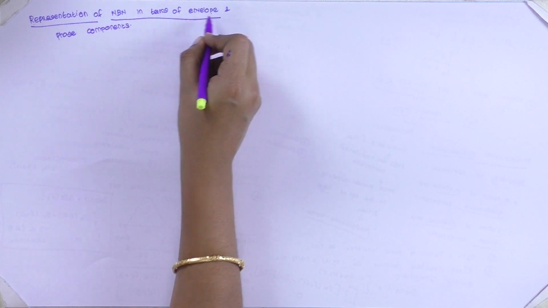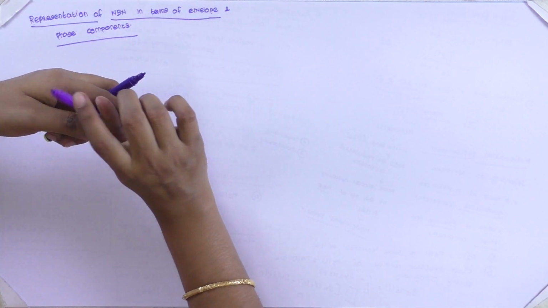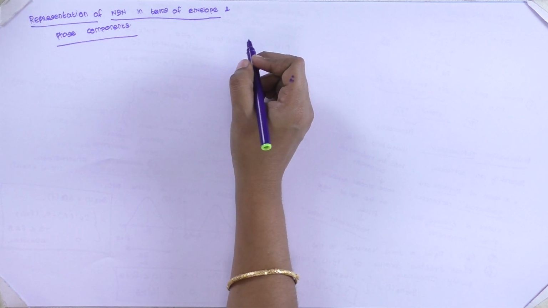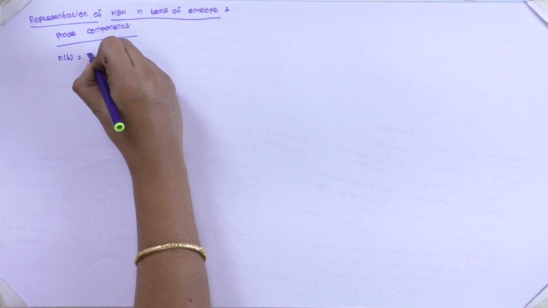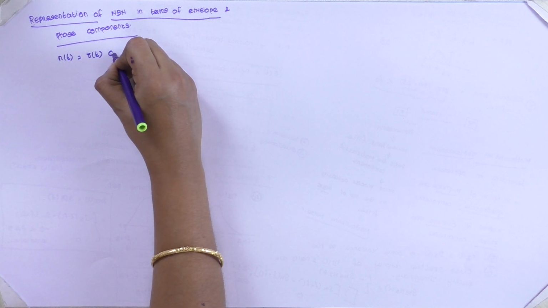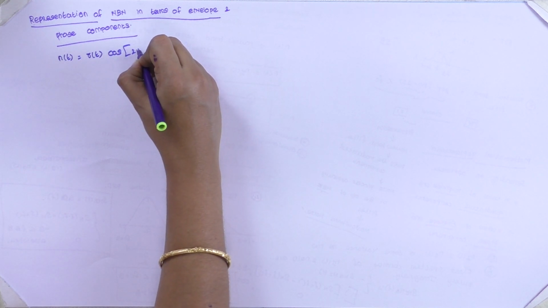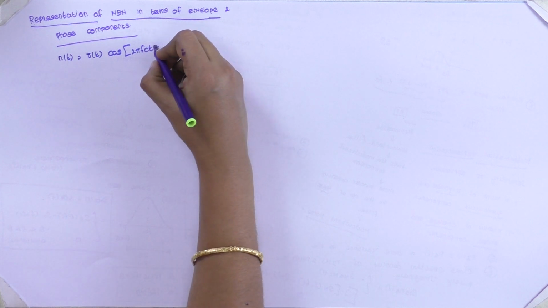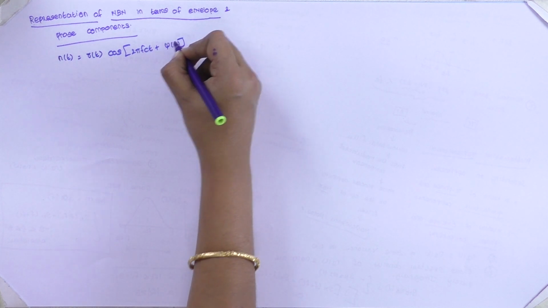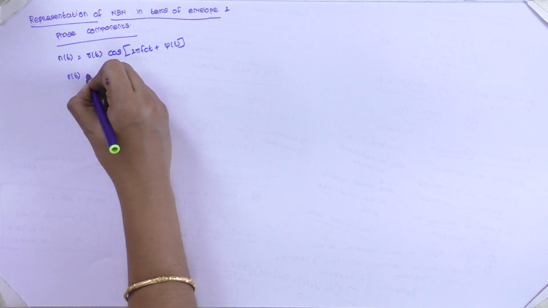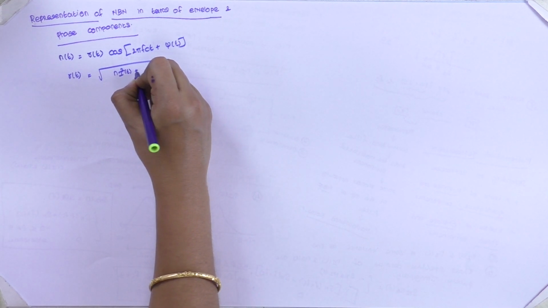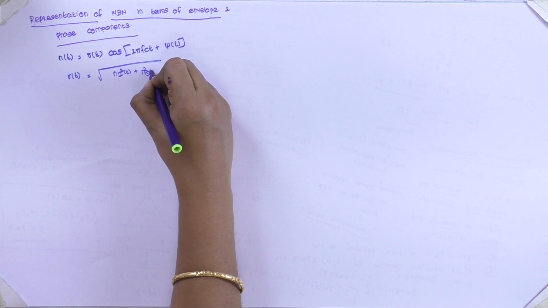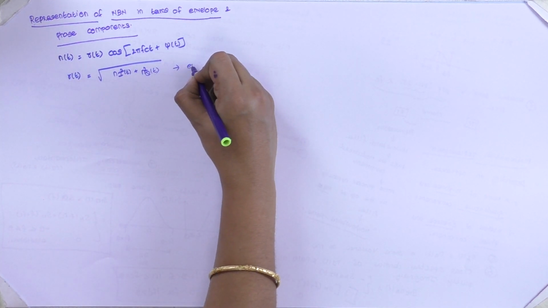Just now we have seen the narrowband noise in terms of in-phase and quadrature components. Now we are going to see narrowband noise in terms of envelope and phase components. In terms of envelope and phase components, n(t) can be represented as n(t) = r(t) cos(2πfct + ψ(t)), where r(t) is referred to as the envelope of n(t), which is nothing but the square root of ni²(t) + nq²(t). This is the envelope